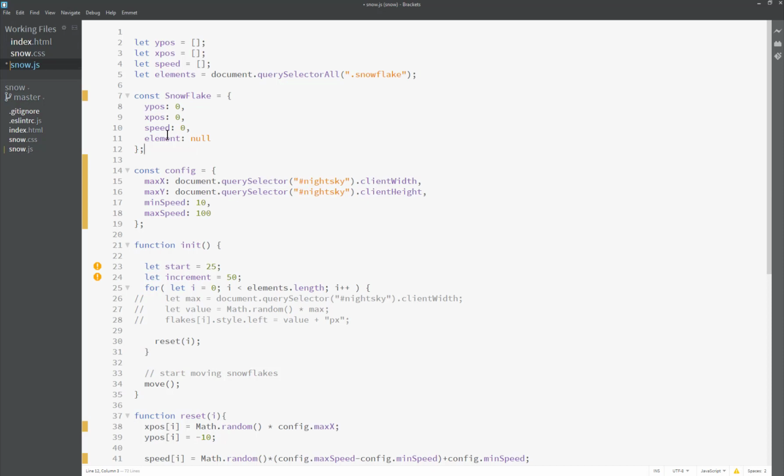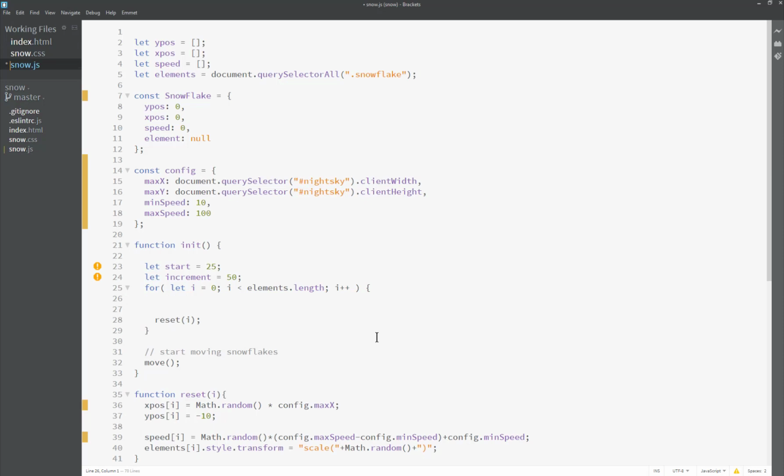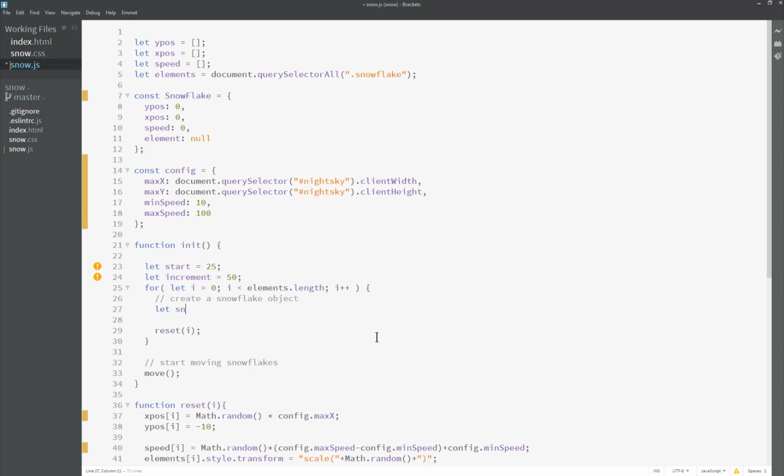So if I could make an object for every snowflake based on this prototype and use the properties, and I actually can, and I'm going to, because here when I go through all the elements, I'm just going to remove this code. I could create a snowflake object, like let snowflake. I could do it like this, that would just create an empty object. But I could also say Object.create